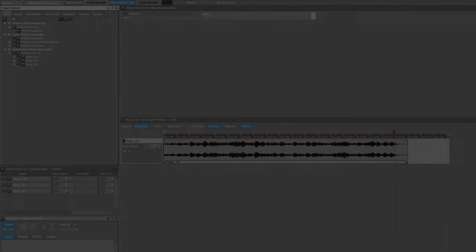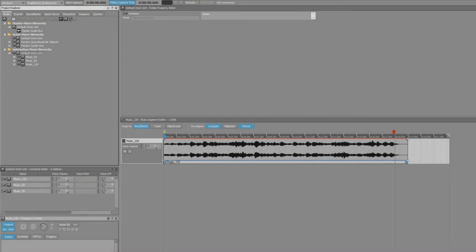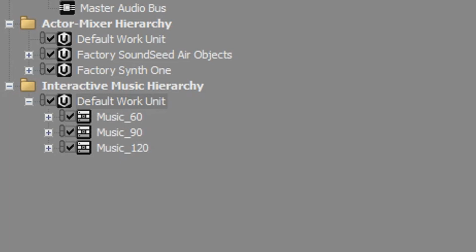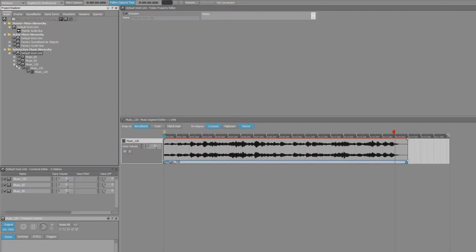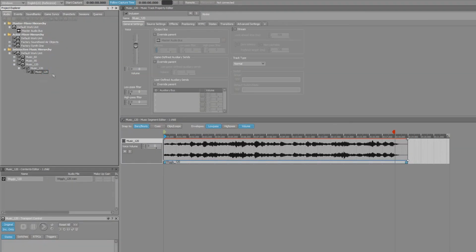Okay, so here we are in Wwise. I already have this project set up, and I'm just going to walk through what's happening here. First off, I have my 3 different music tracks, and they're all imported here. So let's go to this one first. This is just imported as a music segment. If we go here, I have my tempo set to 120 and 4/4